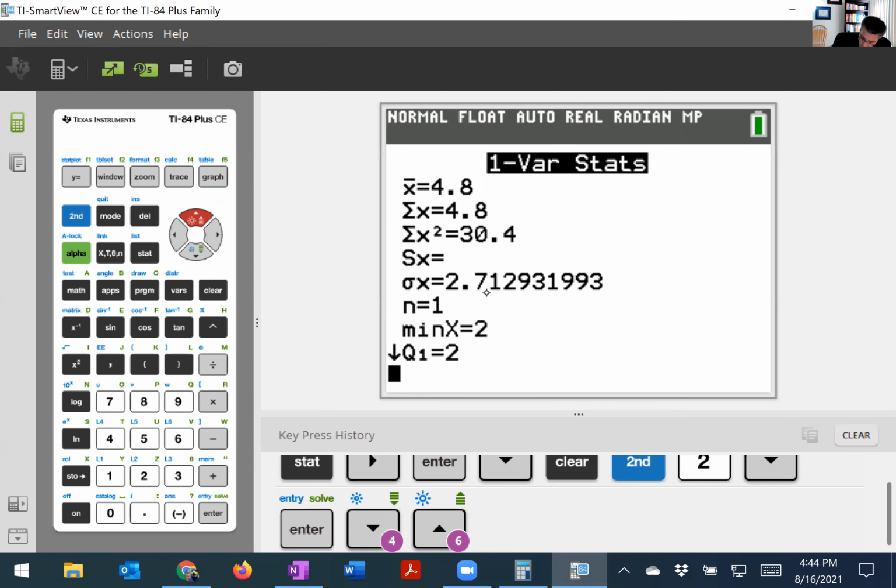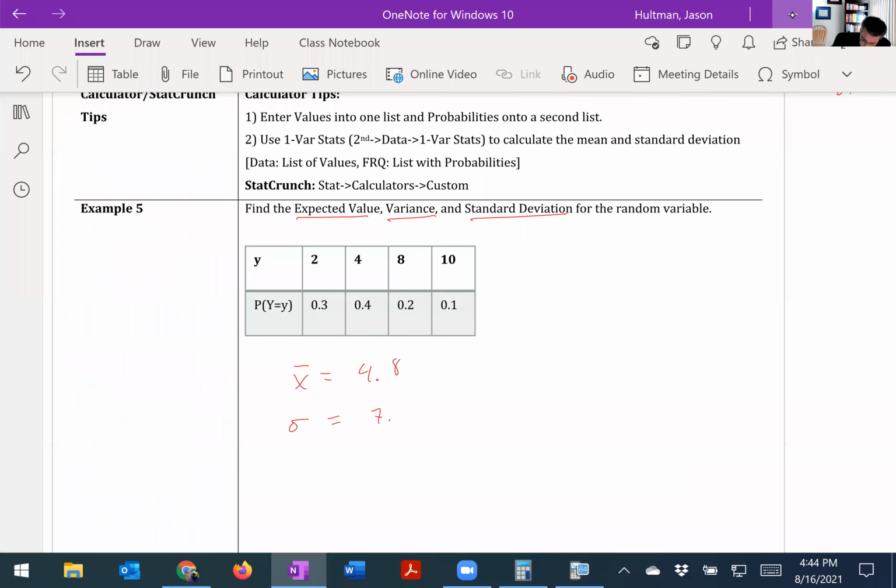2.713. Okay, but what if I wanted to find the variance? How do I find the variance given the standard deviation? Well, I just square it. The variance is sigma squared. So if I take 2.713 and I square it,